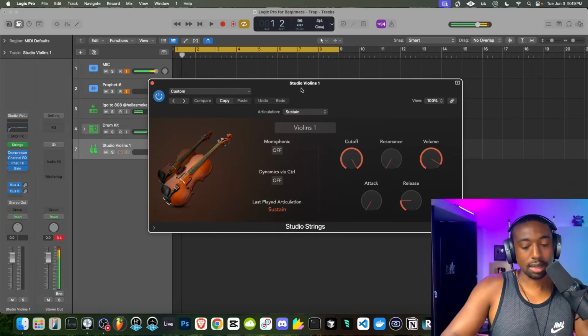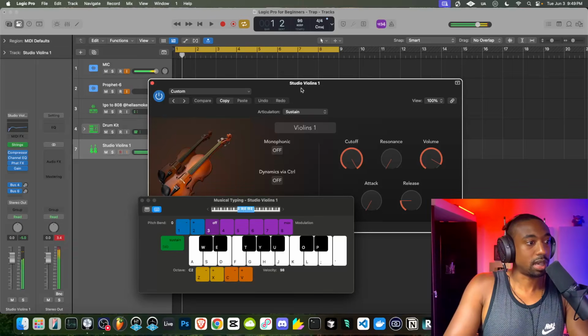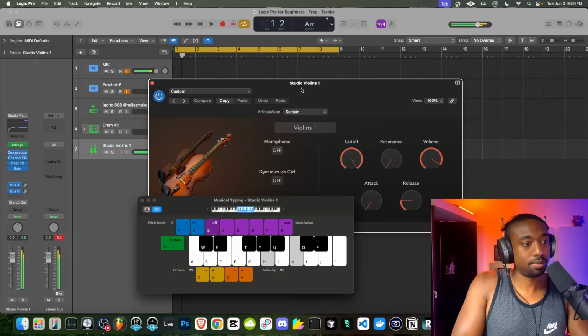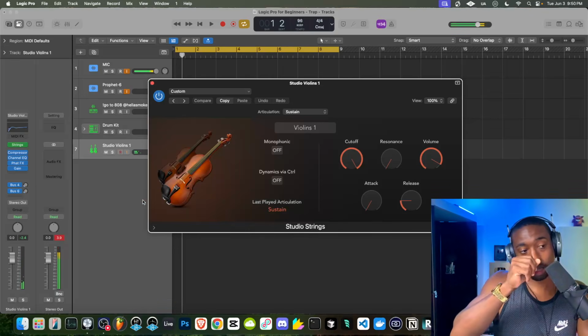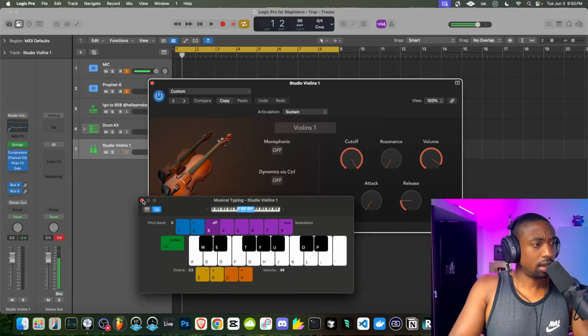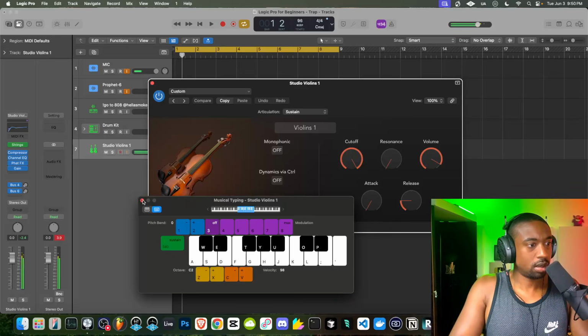And now if you hit Command K, you can play with your typing keyboard. You can even do pitch bends, which is pretty unique. You can do a lot with the typing keyboard. It's actually shocking how much you could do with that keyboard. You can even modulate, I believe, with this keyboard. Yeah, you can modulate with the other numbers. So 8. Okay, so I rarely use the modulation, but that's cool to know.